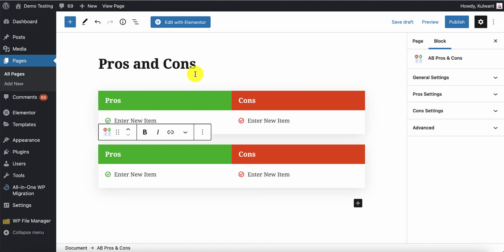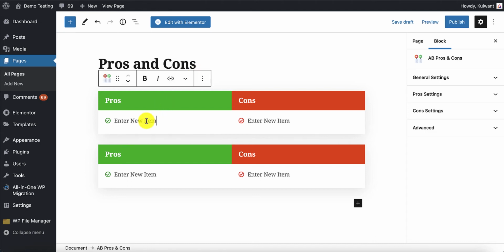Now we are going to see how we are going to use all of the features of this block so that you can make it look more interesting, you can make it look amazing, and then you can make your articles even more professional. First of all, let's add some of the pros items here. I would say this is the good feature, and here we would say this is the bad feature, right? Simple. Just start writing all of your good features here and all of the bad features here.